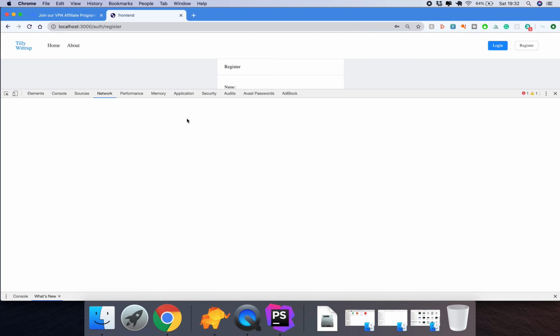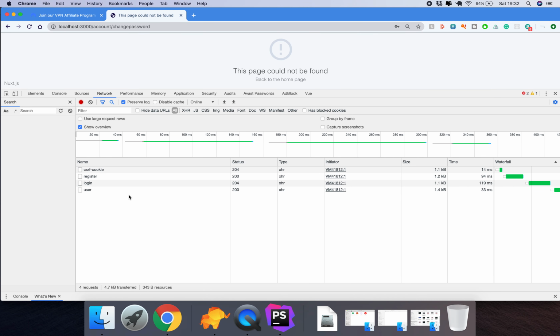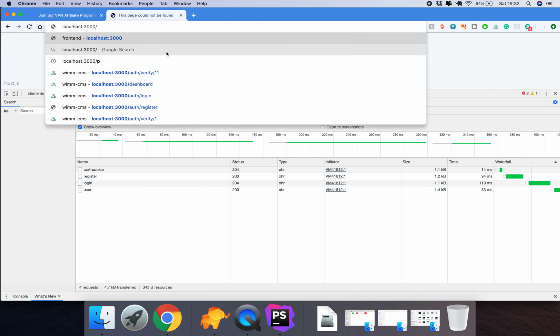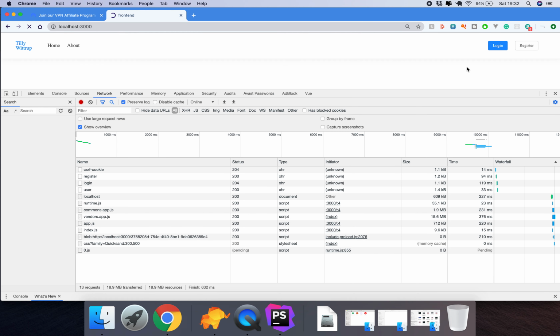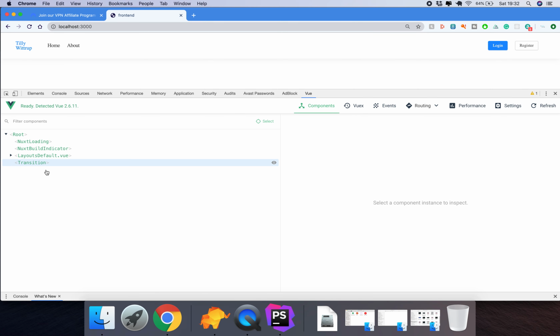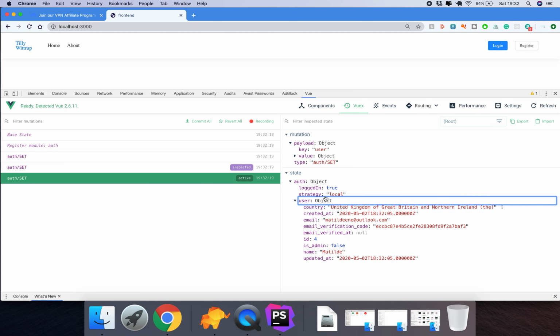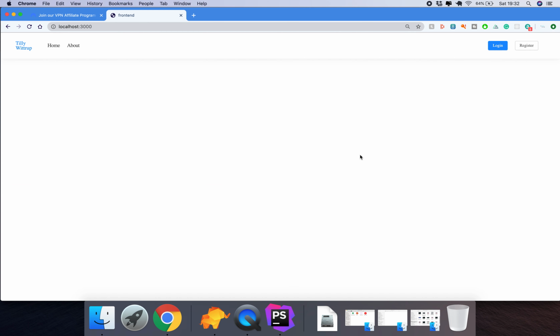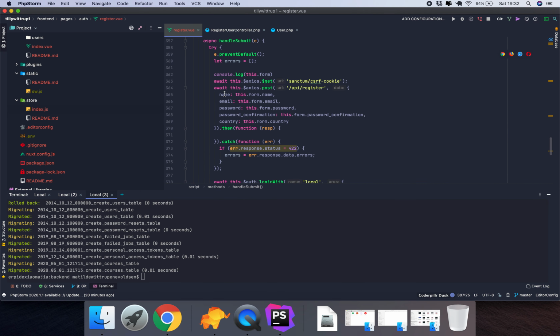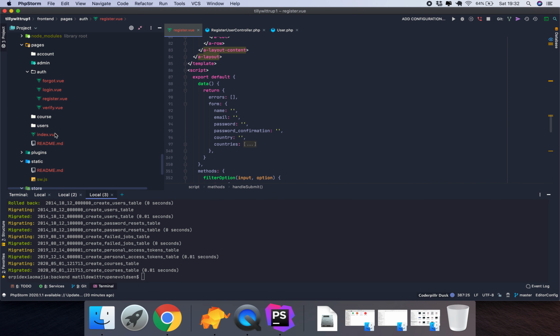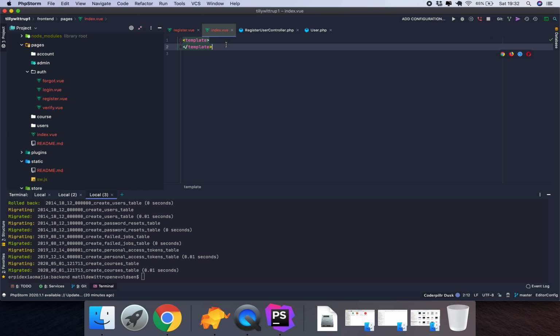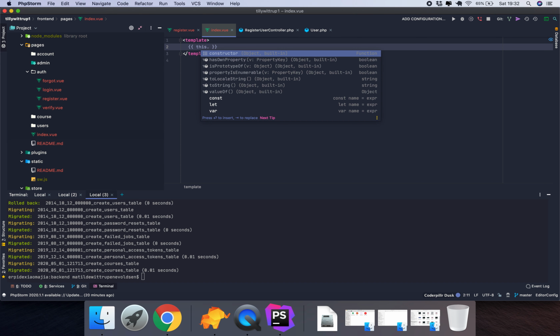Let's open up the network tab here to see what could go wrong. Okay, so this is nothing to worry about. This is just because I've been working on another project with NuxtJS and it hasn't deleted the cookie where it redirects you. So let's go into Vue, into Vuex, and just load it like this here. You can see we have the user details here, and on the home page, this will only work if you sign in, otherwise you need to put a v-if in, but we're just going to quickly output the name of the user,